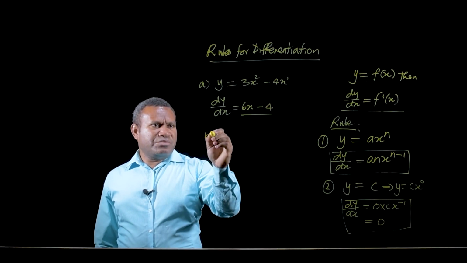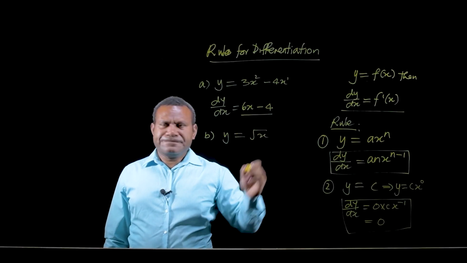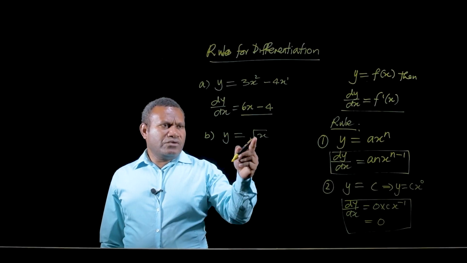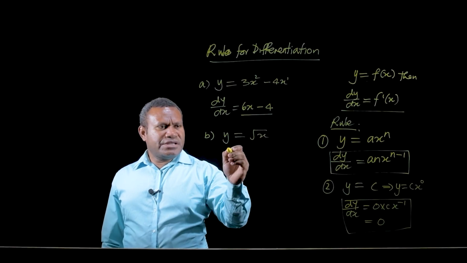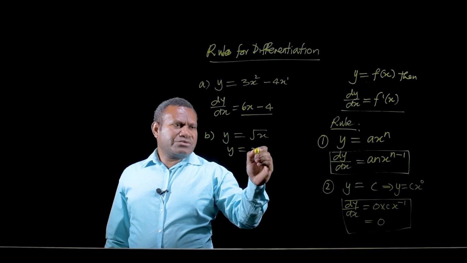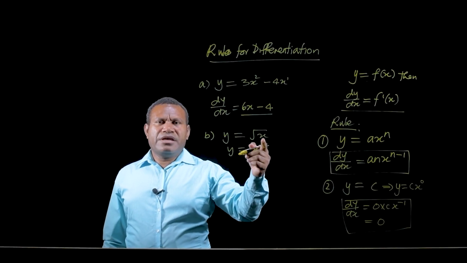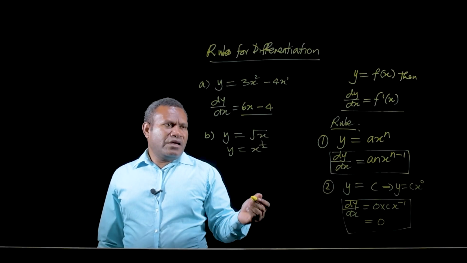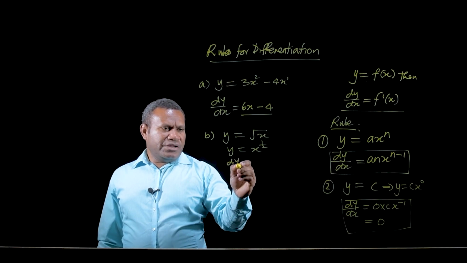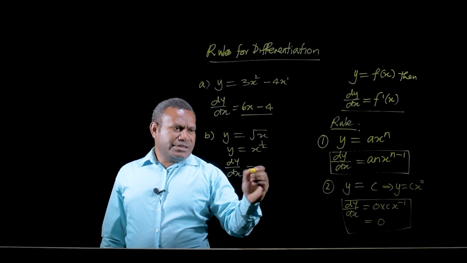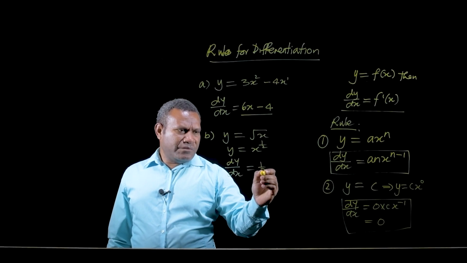Okay, let's look at example B. If I have, for example, the square root of x, we have to rewrite this using the previous knowledge in grade 11. We can rewrite this expression as y is equal to x raised to the power of half. Once I do this, I can now apply this rule for differentiation. Therefore, dy over dx is equal to, I bring the exponent in front, which is half, multiplied by 1 is just half,